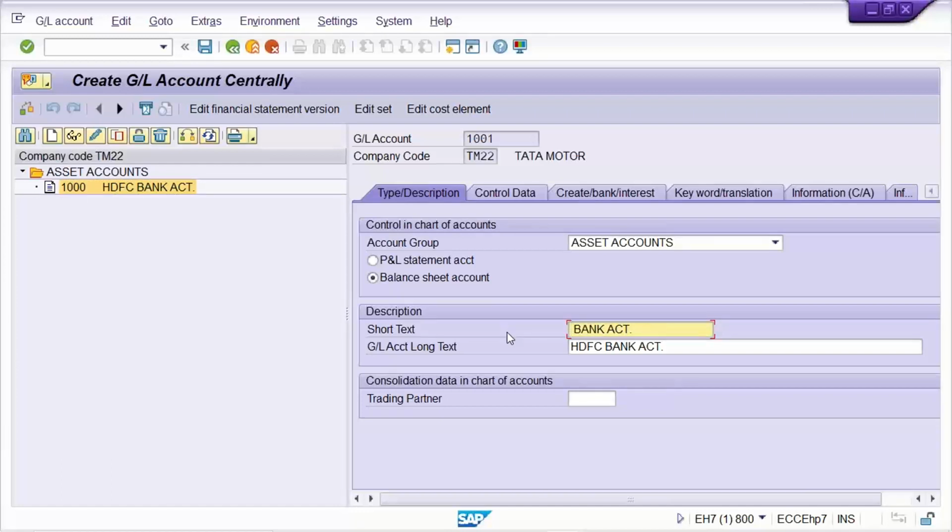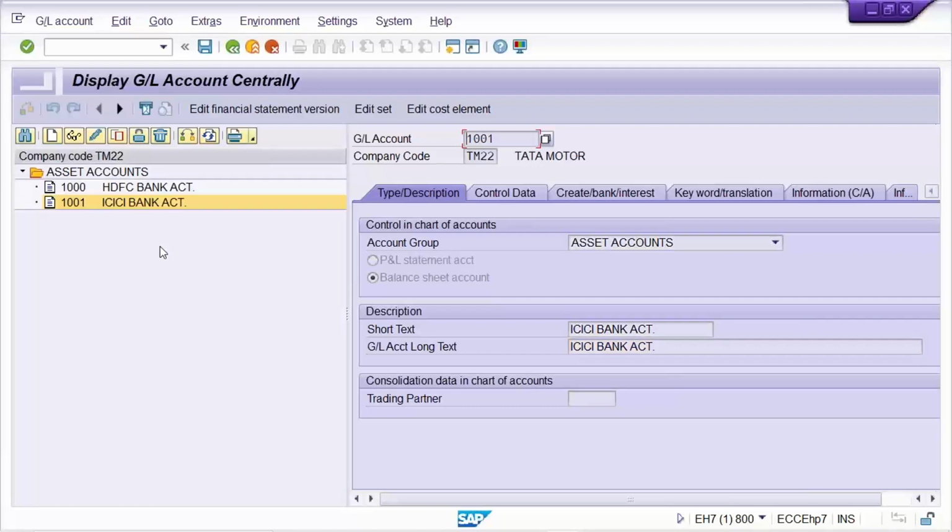right? Text means, let's suppose ICICI Bank account, and then save it. And once you save it, look at here, left side, here this side, look at here. Now the second GL is appearing. So here